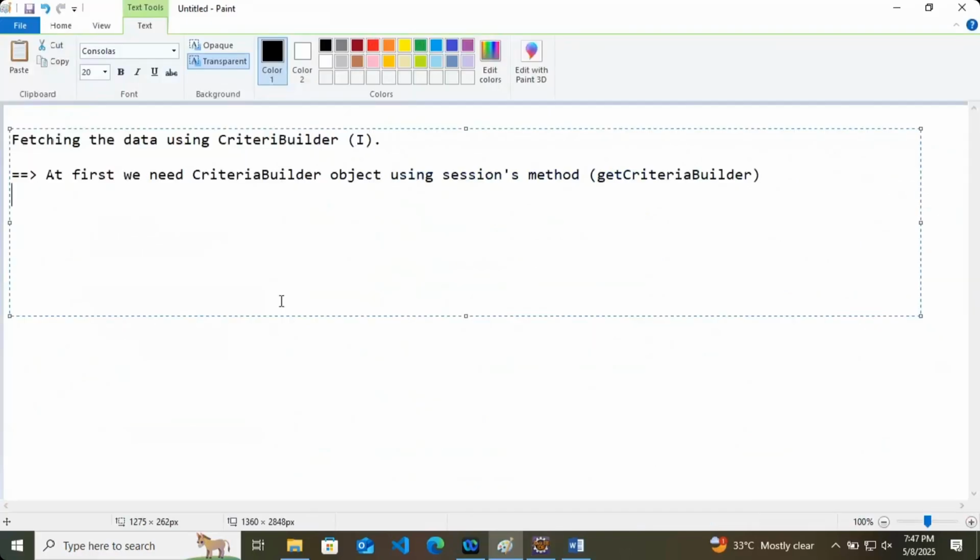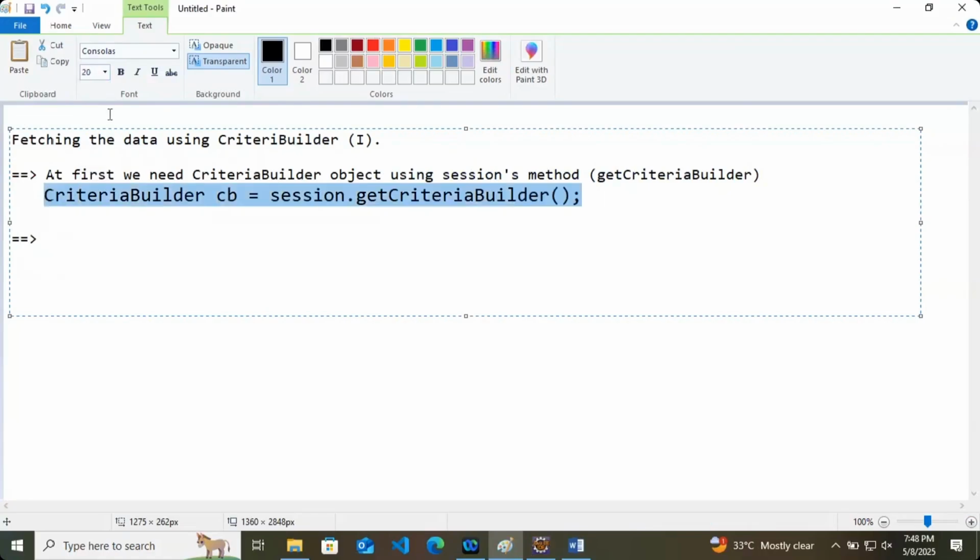So in the next step, I will write the code here. So that is criteria builder CB equals to session dot get criteria builder. And in the next very step, what we will do?